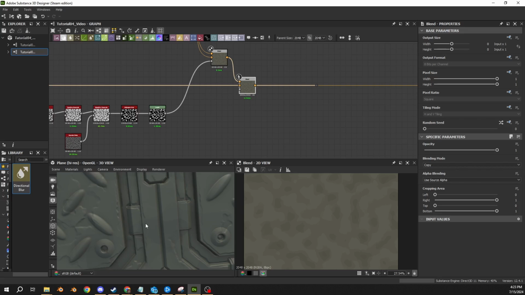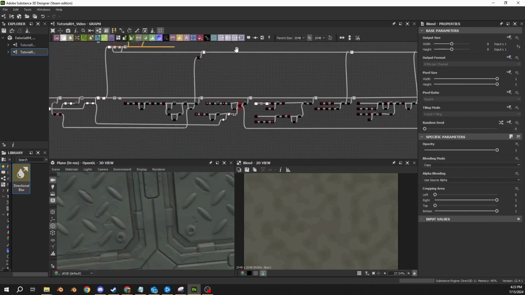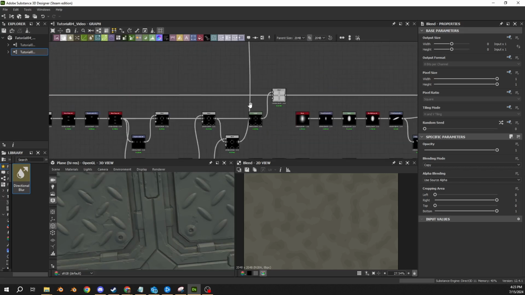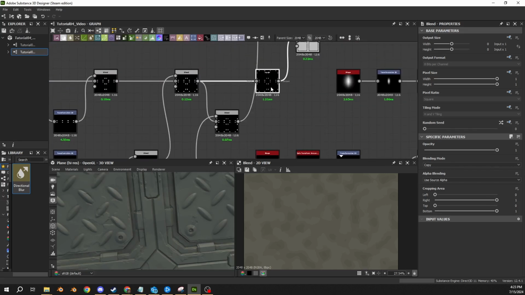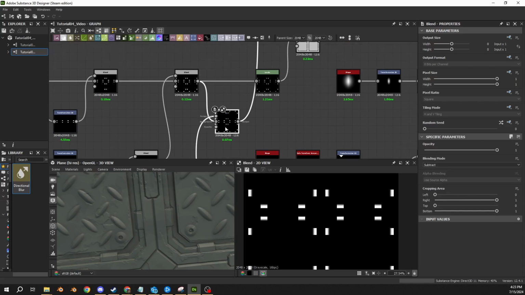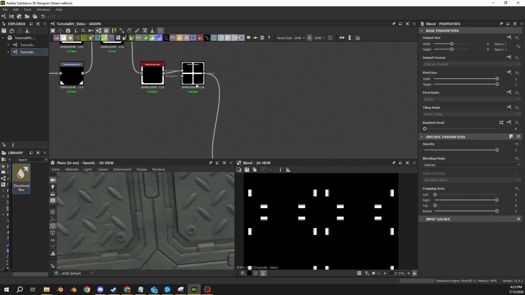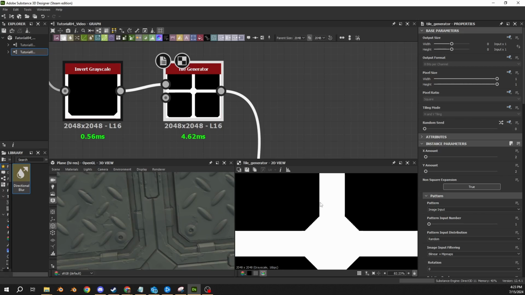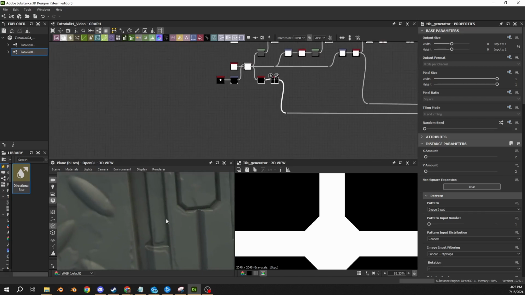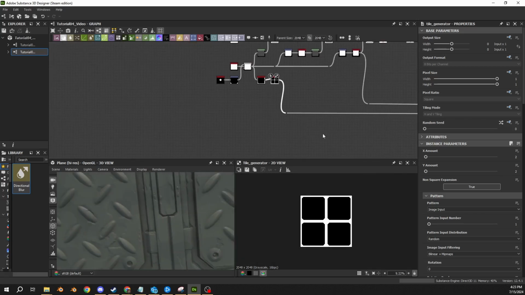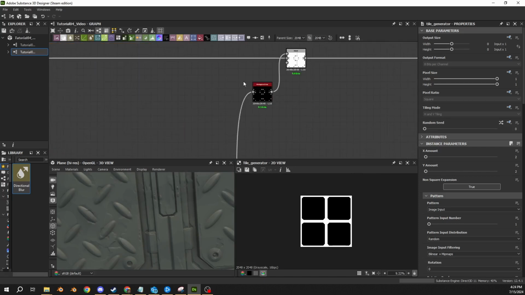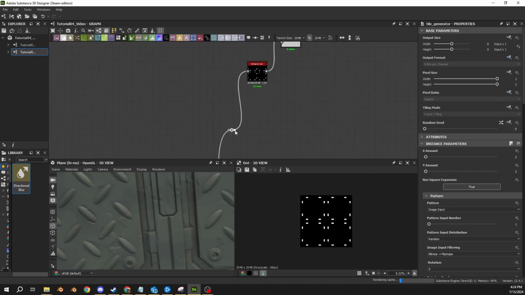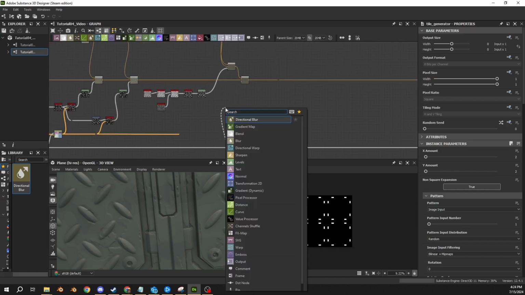So to do that, we are going to pull from our notches down here. Where are they? Here they are. We want to pull from this guy here between the levels and this guy. This is because we subtracted, if you guys remember from the previous video, we subtracted this outline, which is this guy here. So we want to pull from this guy, but we already pulled from here. So I'm just going to create a connector here and then pull from that. And then this is going to go into,